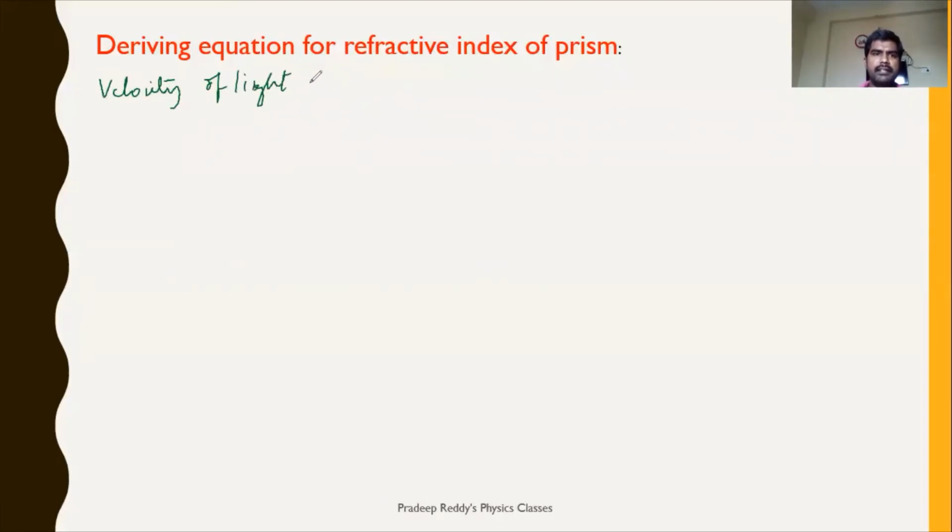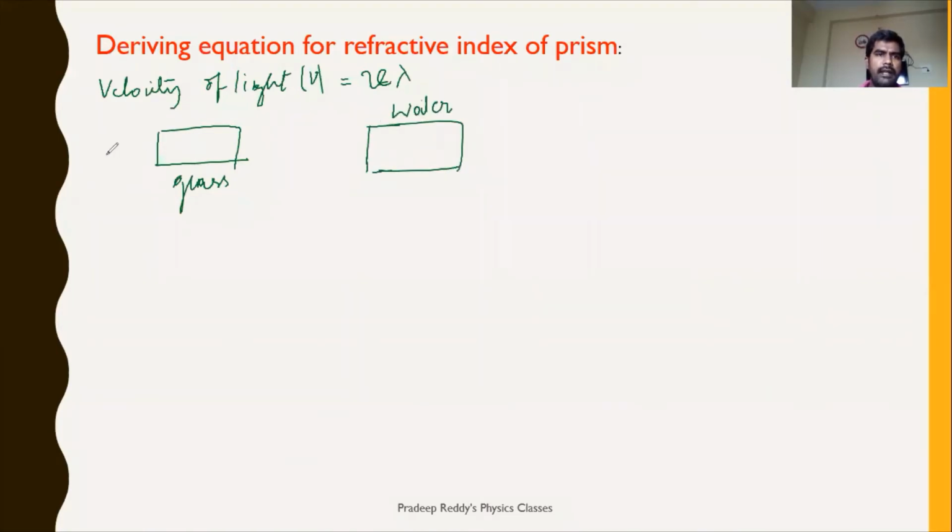Velocity of light v is equal to nu lambda, where nu is frequency, lambda is wavelength, right? Now if you are taking two different media, say for example here you have glass and here you have water,